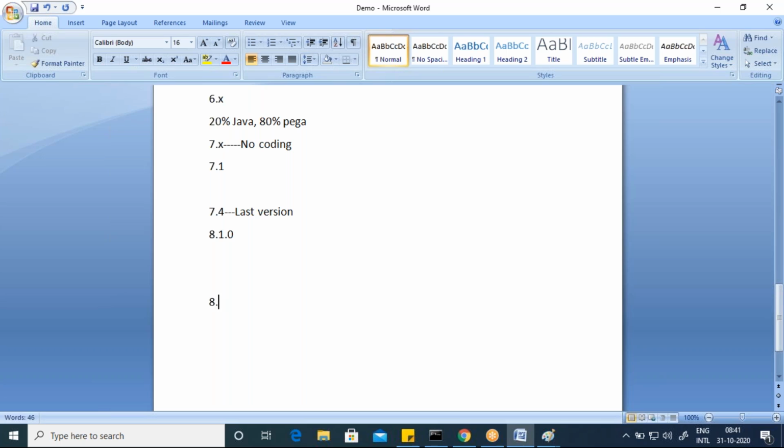Even between that, we have 8.2 and 8.3 versions also. So here the difference will be: what is the difference between 7.4 and 8.1 versions? What is the difference between 8.1 and 8.4 versions? Here we can call it only one studio,